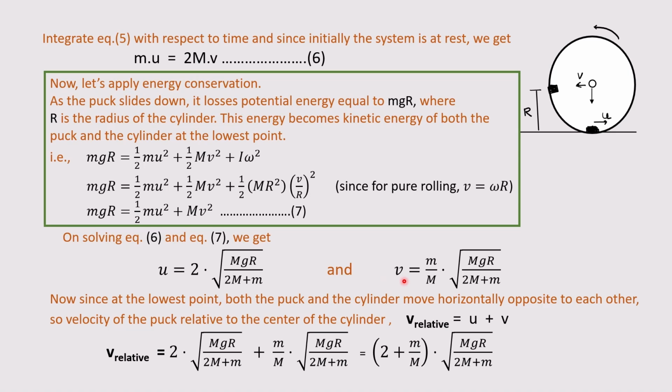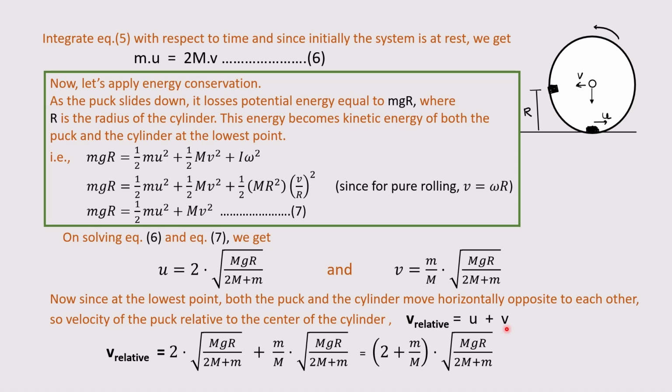This is equal to small m divided by capital M into root over capital M into g into r upon 2 into capital M plus small m. In this way we can get the relative velocity of the puck with respect to the cylinder at the lowest point of the motion of the puck,